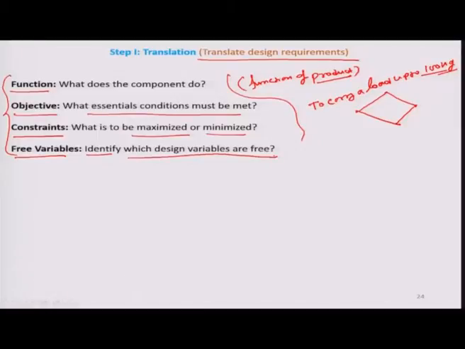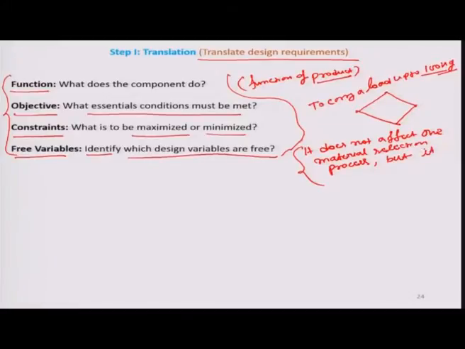Free variables are the independent variables, and they do not affect your material selection process, but they help in selection.